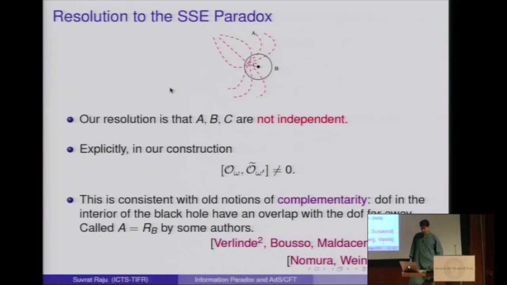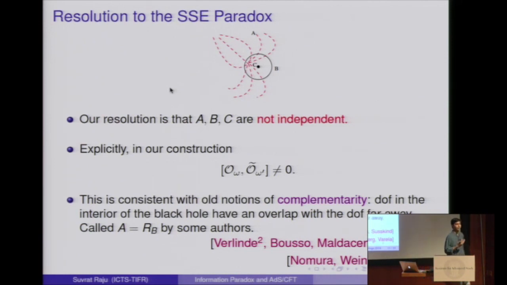Okay? So what is our resolution to that? Our resolution is basically that these three subsystems, the old radiation, the radiation in the zone of the black hole, and the radiation just behind the horizon of the black hole, do not constitute three independent subsystems. That's our resolution to that. And in fact, we have a mathematically precise